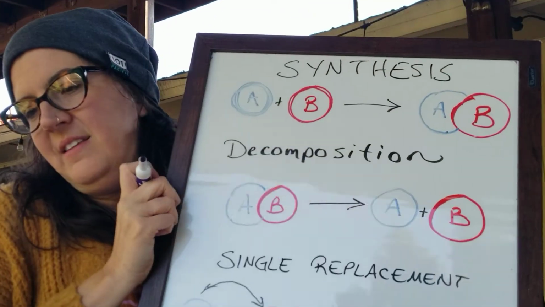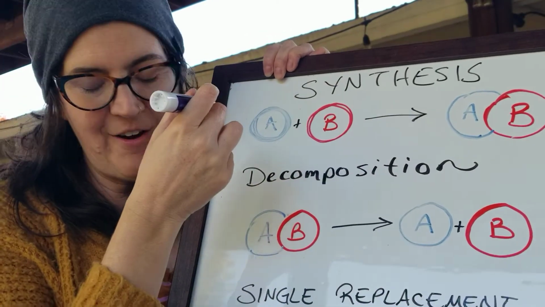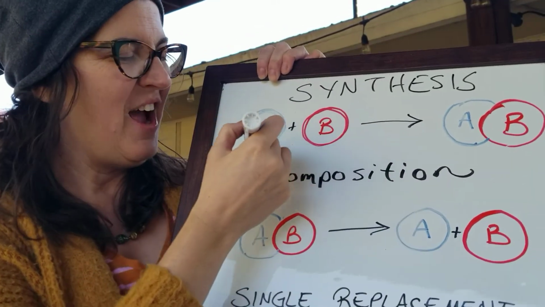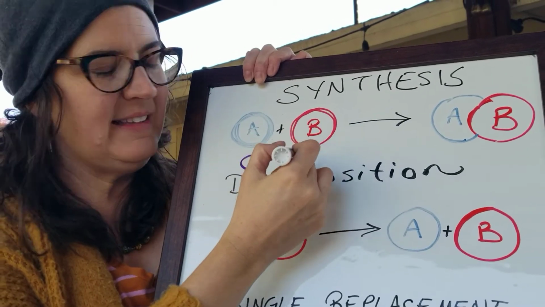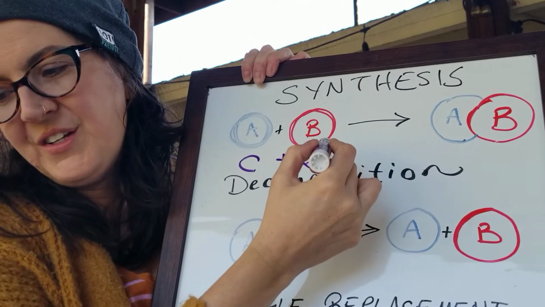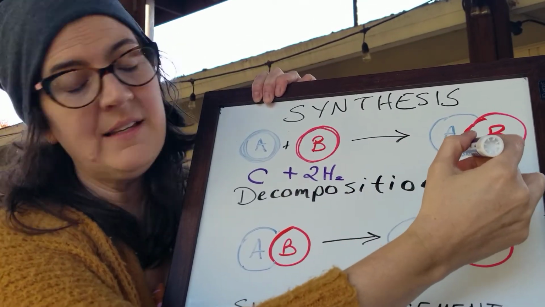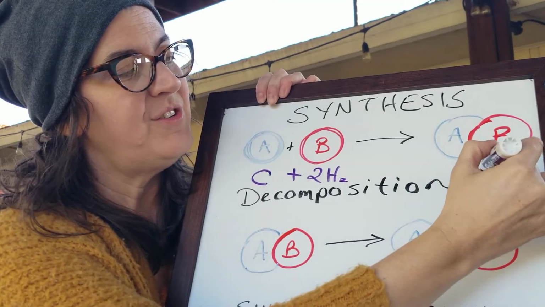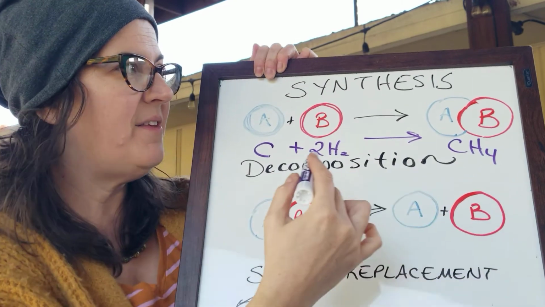This synthesis is, you'll have to find it yourself to know which one it is, but I'm copying it right out of the book, so it won't be hard. C plus 2H2 becomes CH4. So that's a synthesis